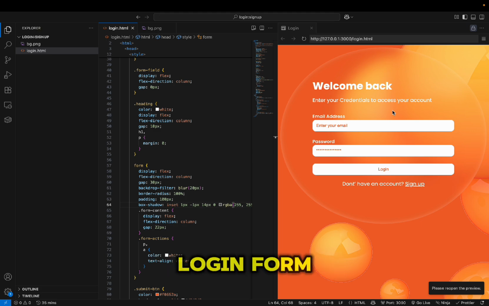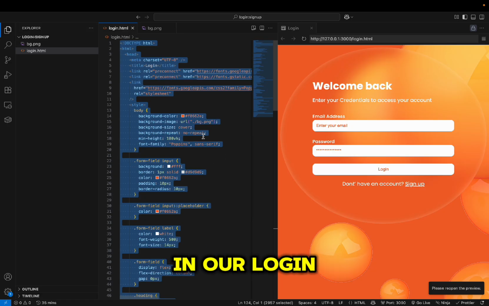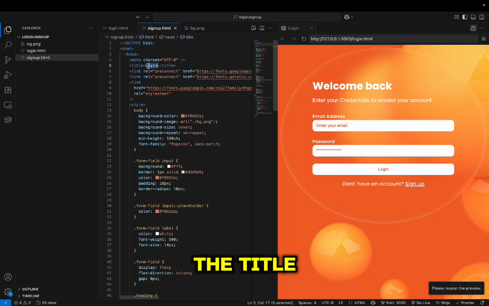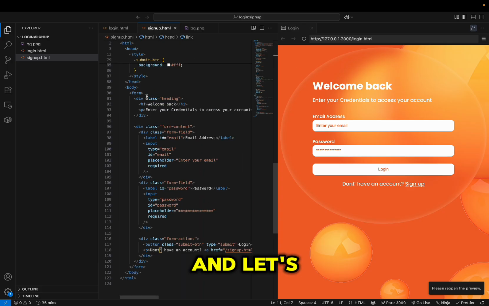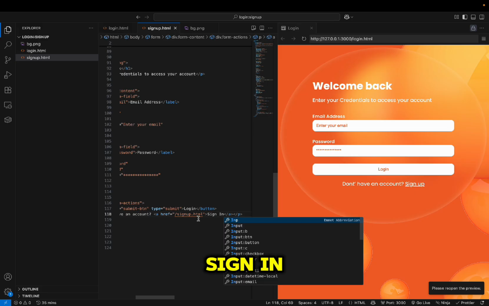Now that we're done with our login form, the next thing we have to work on is our sign up form. Our sign up form is going to be very simple because it is just our login form with a form for full name. To get started on our sign up form, let's copy our entire code in our login form, create a new file, call it signup.html, paste it in, change the title to sign up, and let's change here to already have an account, sign in, and here to